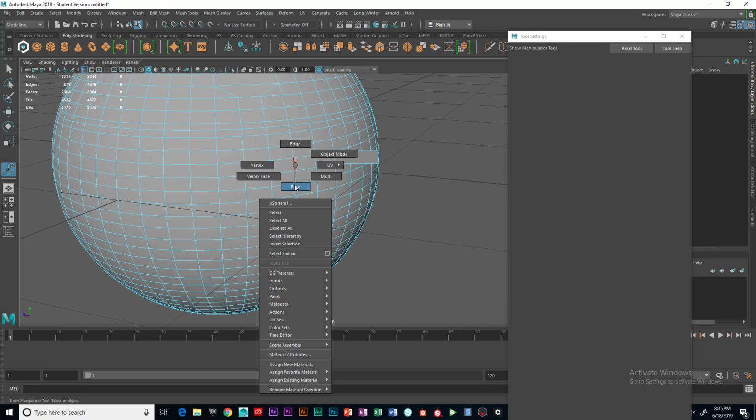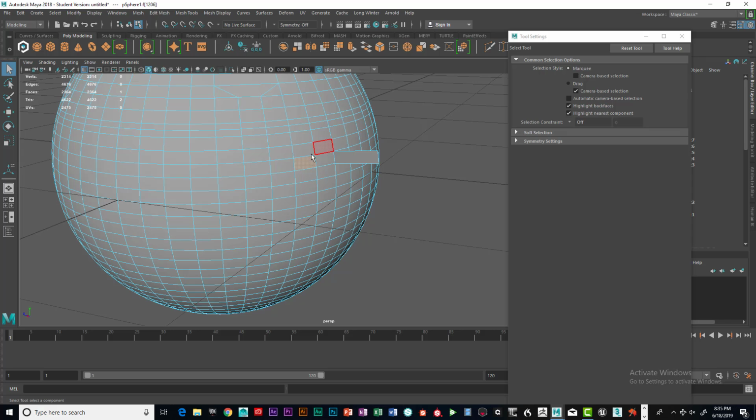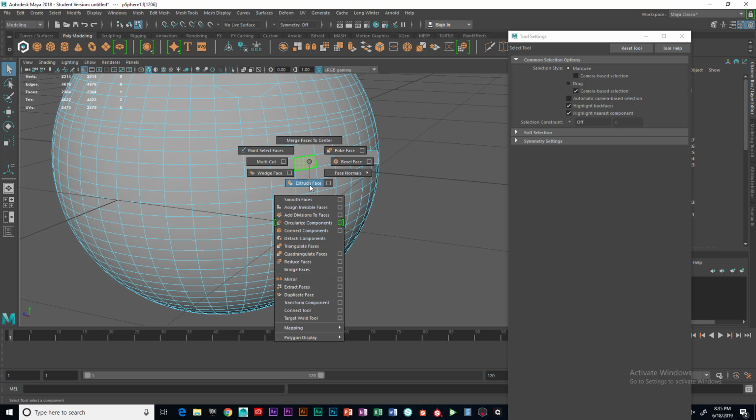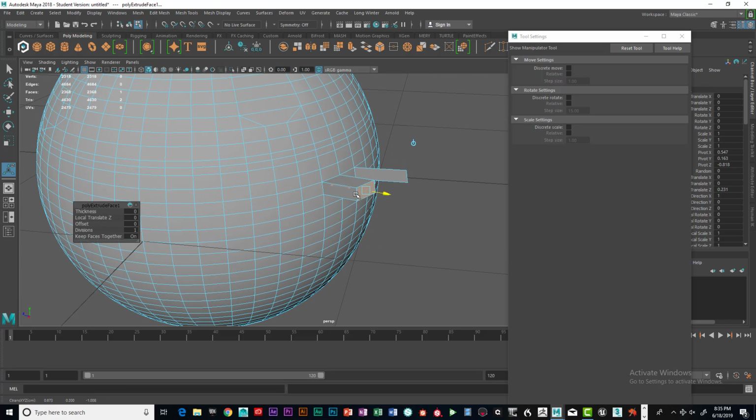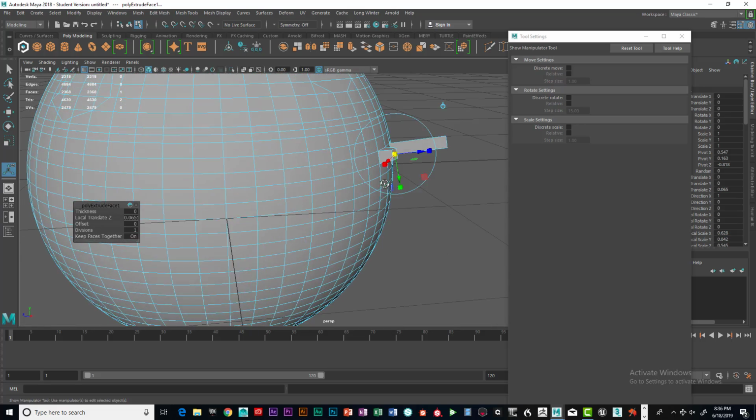And then you can extrude a face. If I right-click over this and extrude face, then of course I can use the manipulator that comes with it, which is kind of interesting. You can pull that out, move it to the side, move it this way, but you can also scale it using the cubes. There we go, you can uniformly scale it. Some of you might not like this manipulator tool. I don't really care for it that much, but it does come in handy when you're trying to extrude from